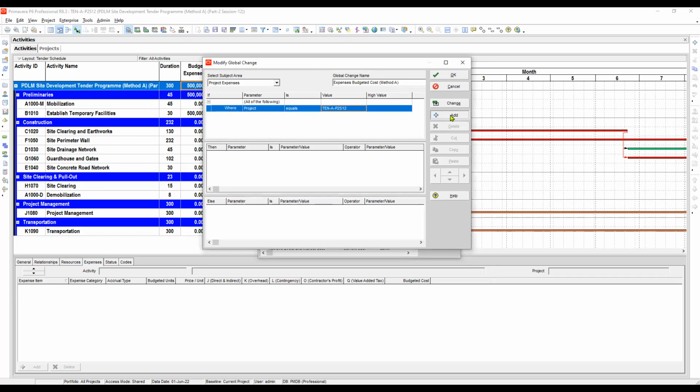So let's add. Here we will select J. Direct should be equals to budgeted cost. Just type B, budgeted cost. Then click add again. And we have K, the overhead, which is equals to J multiplied by